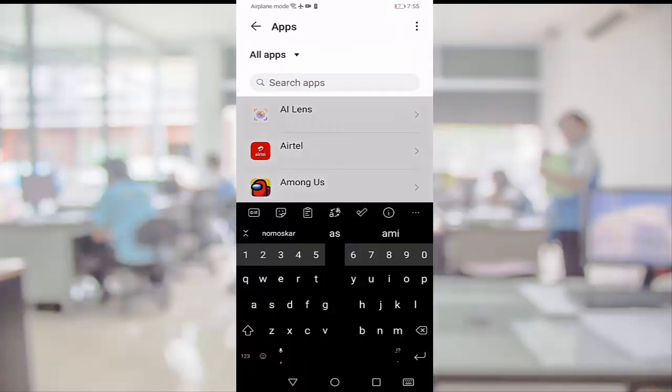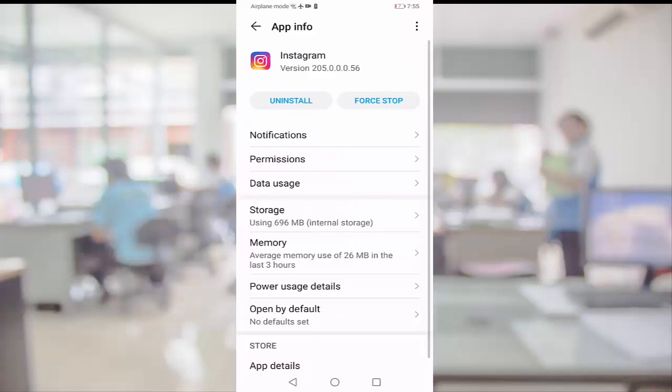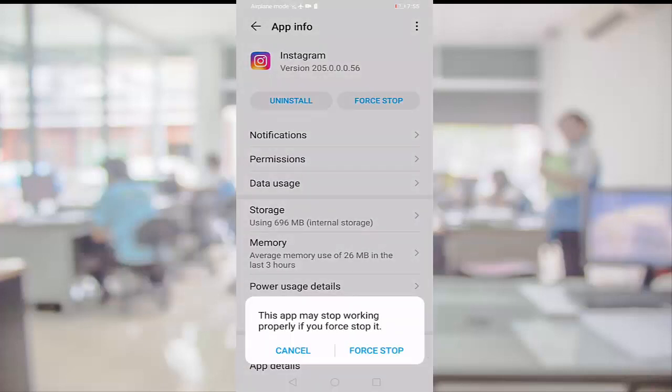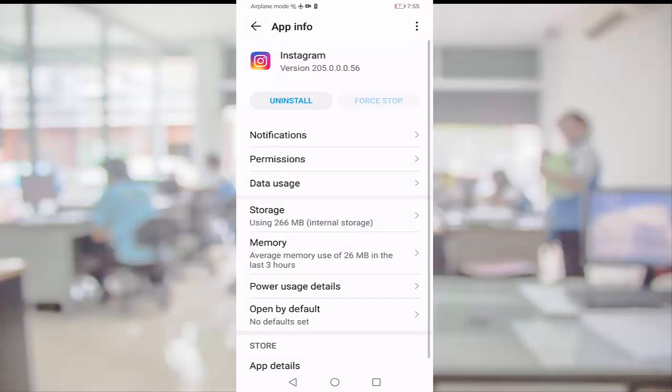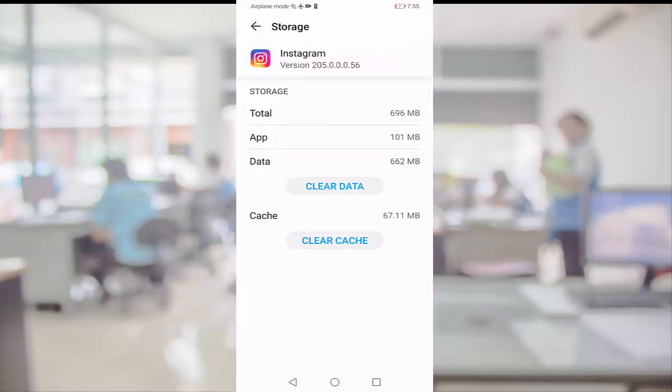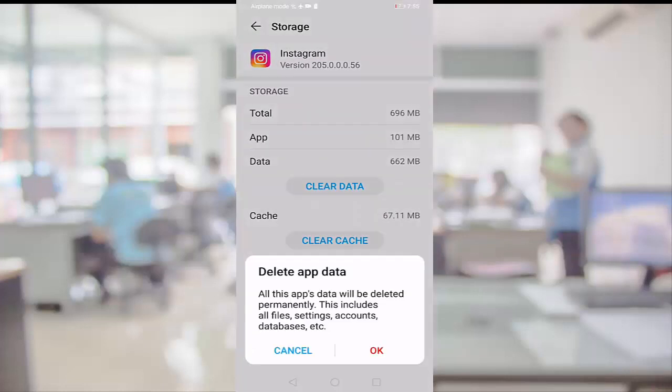search your Instagram, press on force stop, open your storage, press on clear data, press on OK, then go back,